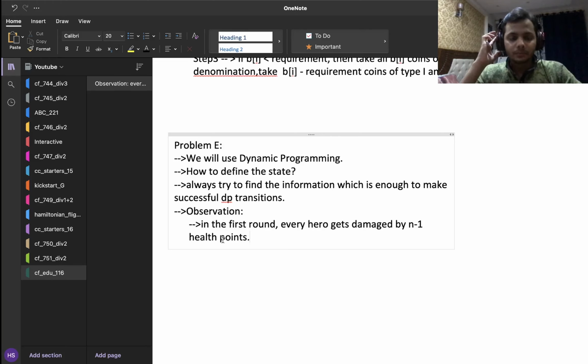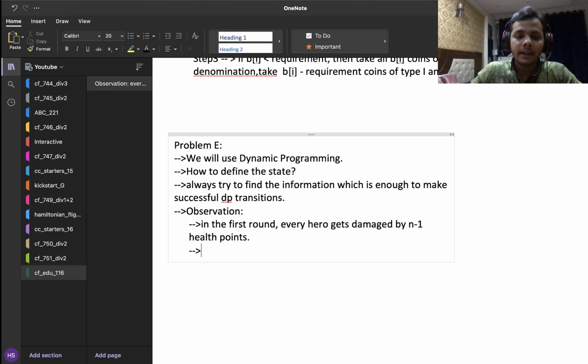But the thing is, if a hero had a health in the range from 1 to n minus 1, then that hero will just die, right? So in order to successfully reach the second round, what we conclude is that the health of the hero should have been at least n, because if his health is from 1 to n minus 1, then after this round his health will become less than 1, and so he will just die.